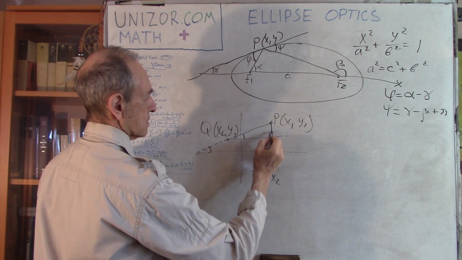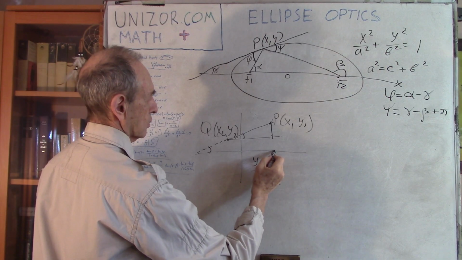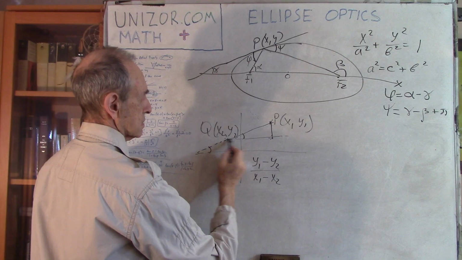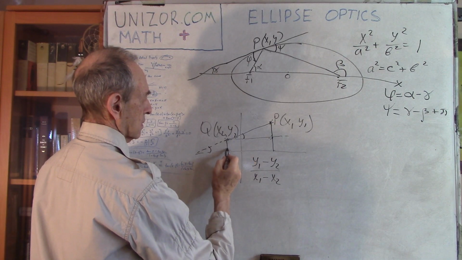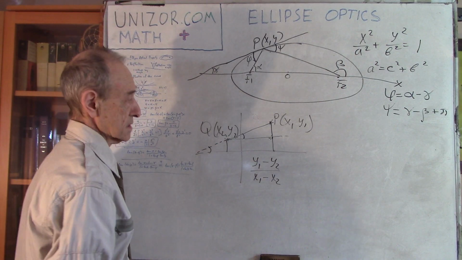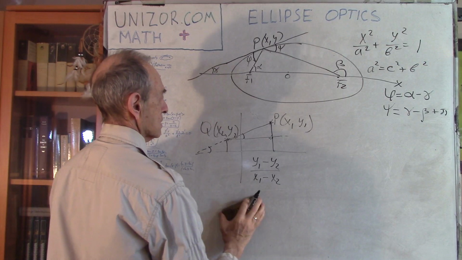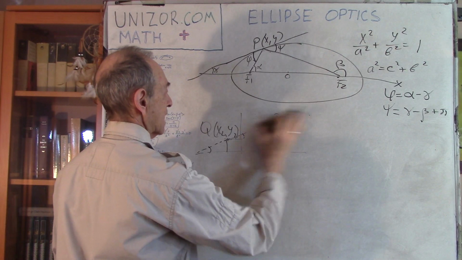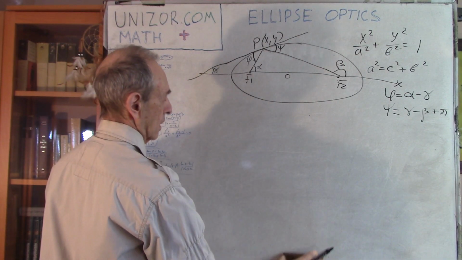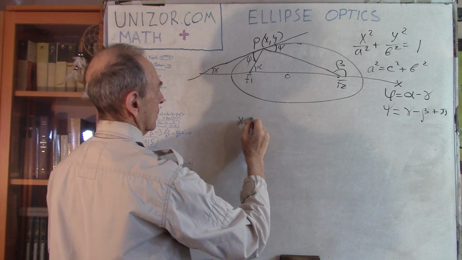This is the difference between ordinates. This is y1 and this is y2, so the difference is this. And this is the difference between abscissas. This is x1, this is x2, and the difference is this particular segment. So if you divide one by the other, you will have the tangent. Simple, right? So that makes the calculation of tangents of alpha and beta very simple, because this has coordinates x, y,